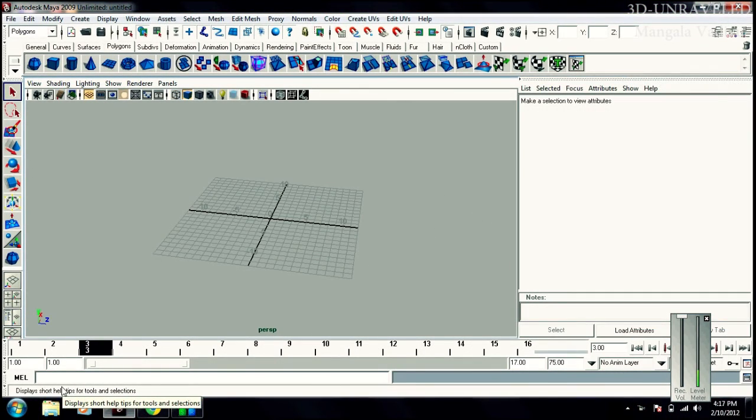Now let's move towards the left side. Left side is pretty easy. We have only one box over here. This is the toolbox or the toolbar. It contains the frequently used tools inside Maya, and below the toolbox you have the different layouts, the shortcuts for